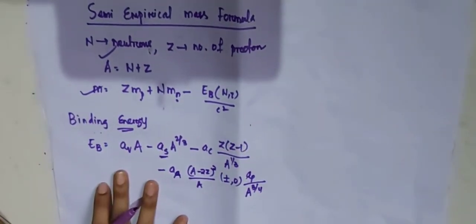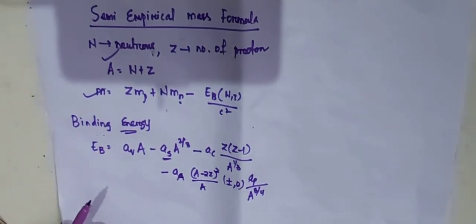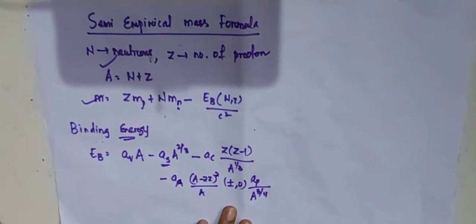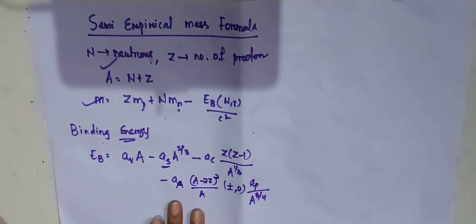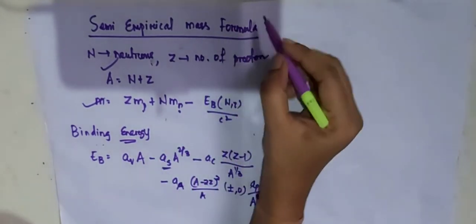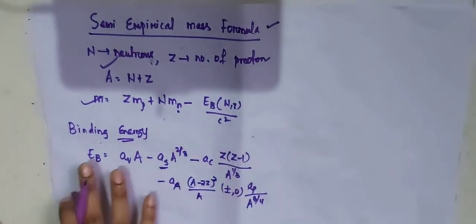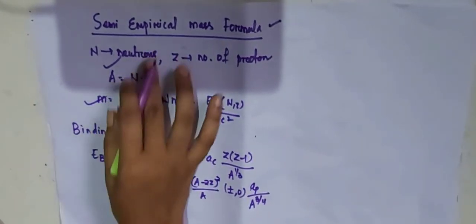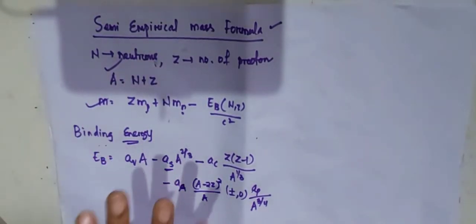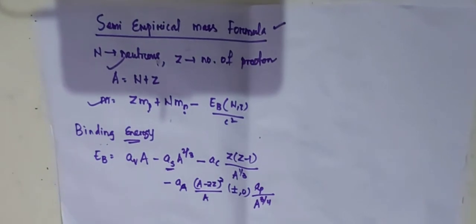So hello everyone, and today we'll discuss one more concept that is coming in the CSIR NET examination. This concept is related to nuclear physics, and in nuclear physics we know that there is the semi-empirical mass formula, which comes from the liquid drop model. This semi-empirical mass formula, or Weizsäcker formula, is a formula from which we are getting questions in the CSIR NET exam.